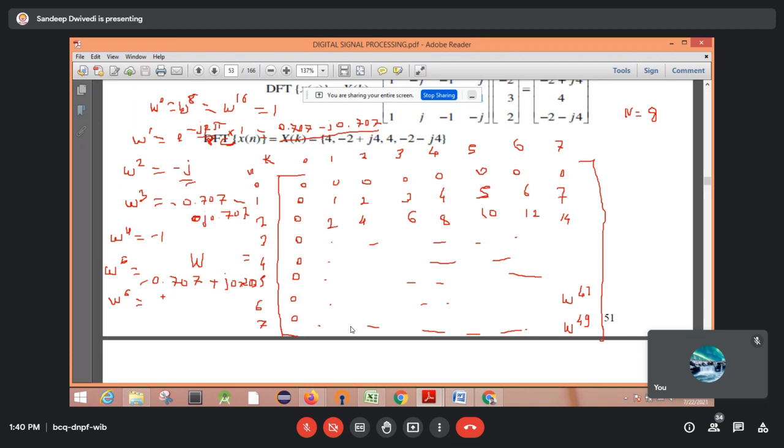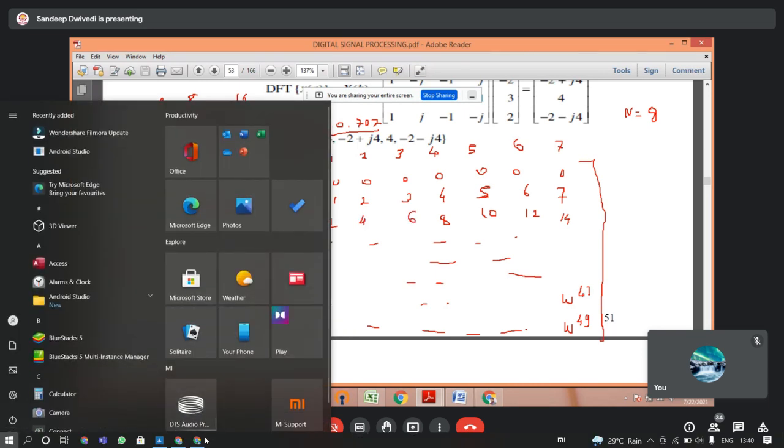Cos 3 pi by 2, j. Okay, the cos term will be 0 and minus sin, so that will be -1. And minus j is there, so this will be simply plus j. Correct? It will be plus j, or j1 you can say. Then 22, then 30 will have the same value, that is plus j. Then W raised to power 7.